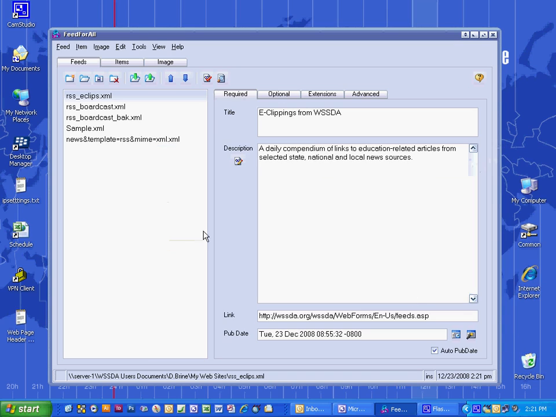Once you have done that, it will appear in this window over here on the left, and you have the ability to move that file up and down in the order depending on how many other files you have in there. So we are working now with this particular file. You don't need to double click on it, you just click on it and you will see information over here in the right hand area